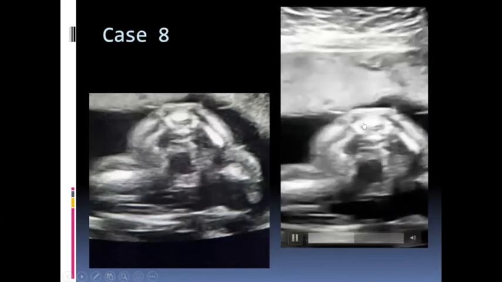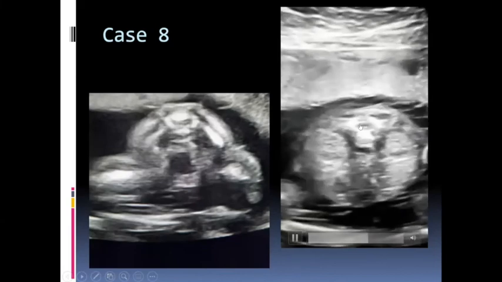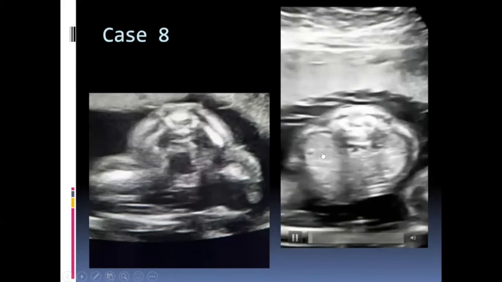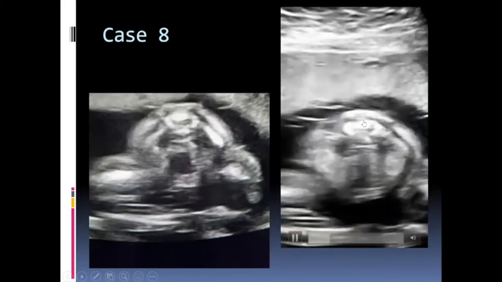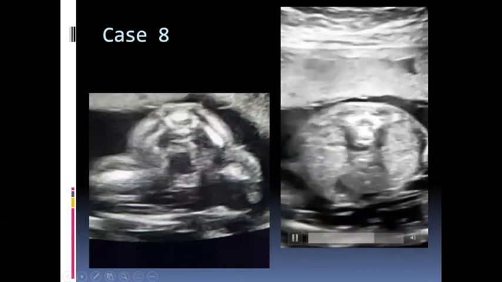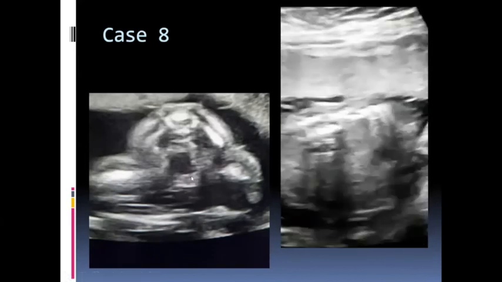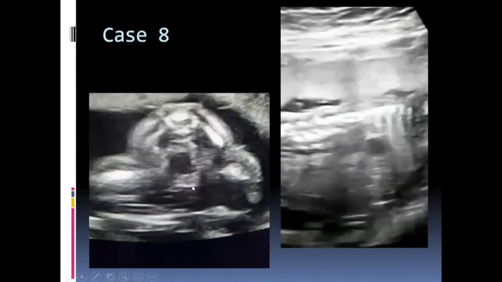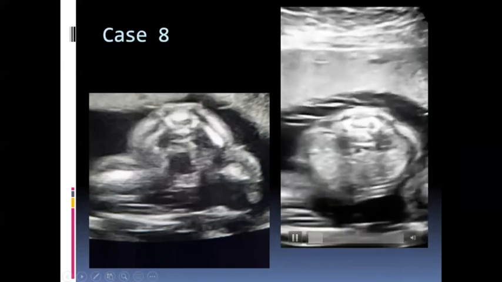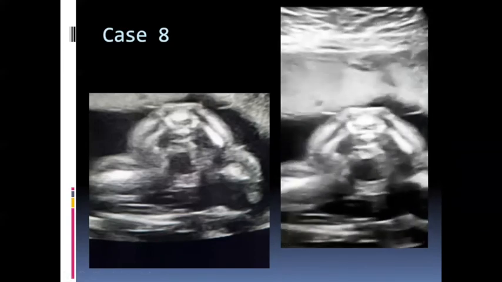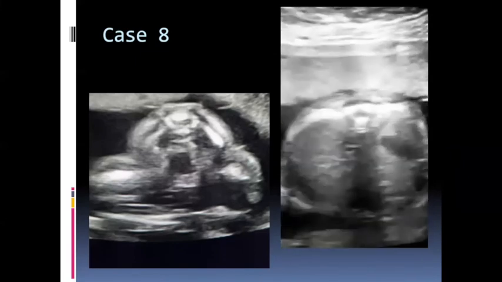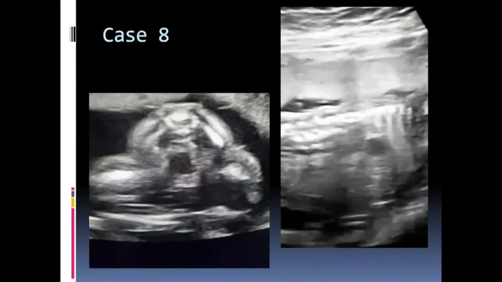What is happening here in this fetal spine? Bifid. So the skin is intact, but there is some hyperechoic lesion within the spinal canal in the lower region of the coccyx. On detailed scanning, we could see that the cord was also tethered to that region. So something which is hyperechoic can be fat. So it's an intraspinal lipoma with tethered cord. It's a closed spinal dysraphism. The baby was delivered, and later was on follow-up.